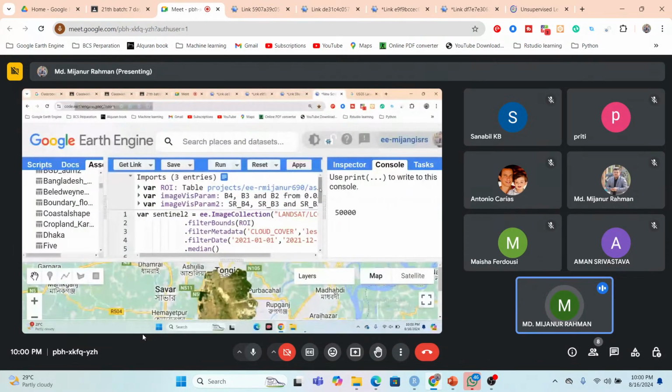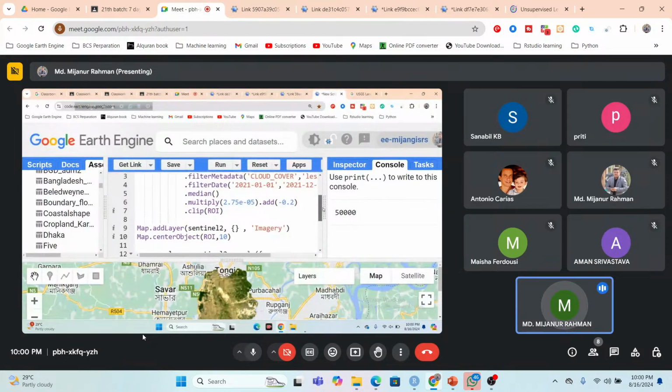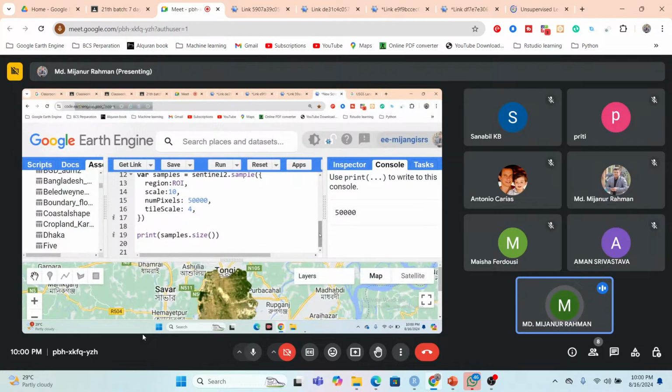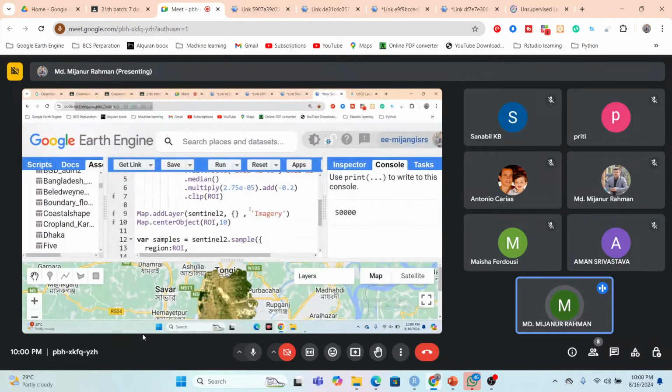I also inform you later what is the problem for the Sentinel. Okay. Now it also okay for the Landsat imagery, which is also extract the pixel, 15,000 pixel extract from this imagery. Okay, it also work. But when I apply the Sentinel imagery,